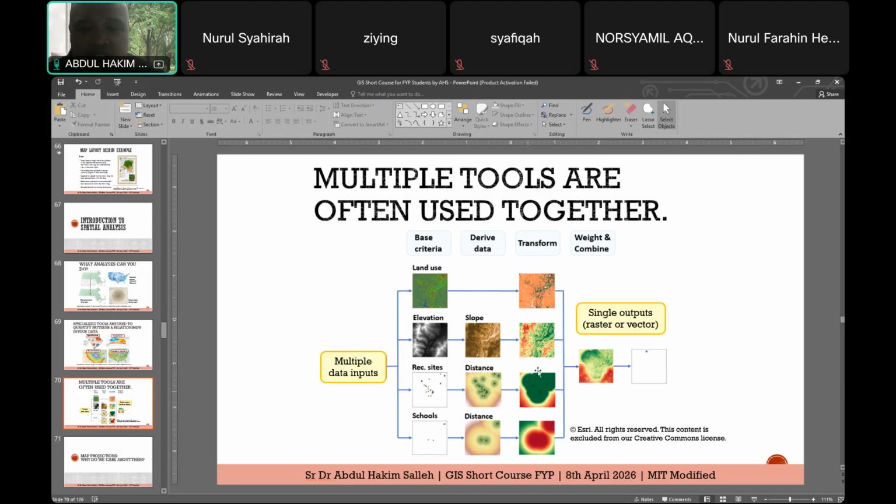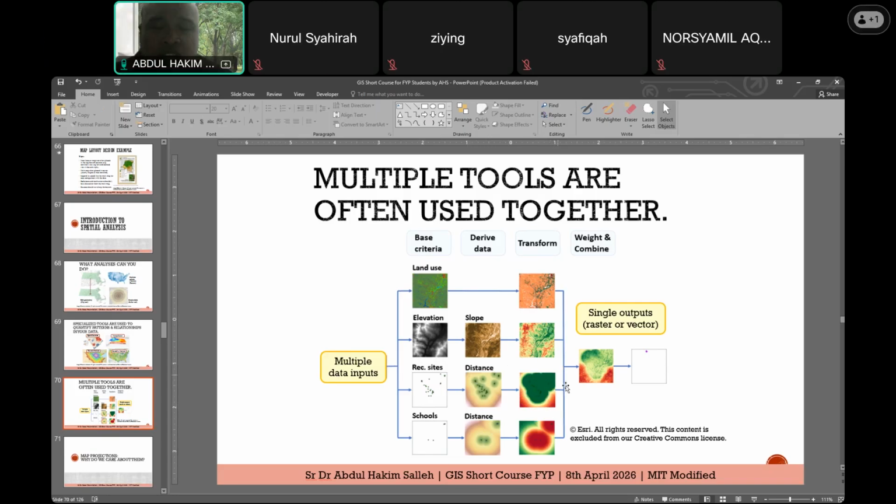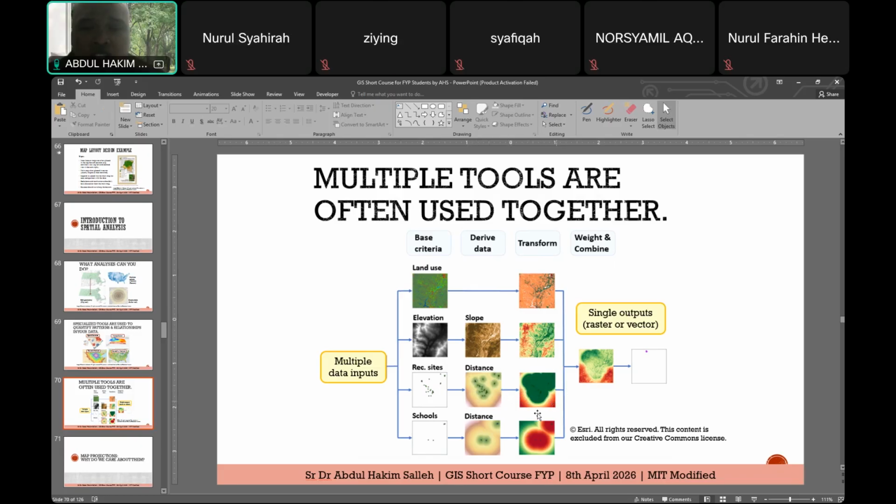Okay, this one actually relates from one point to another and it produces, I forgot what the term is. Okay, but it produces something like this. It is like the density mapping. Okay, and they overlay the entire data and it will become like this, and now they find the best location for the new schools.